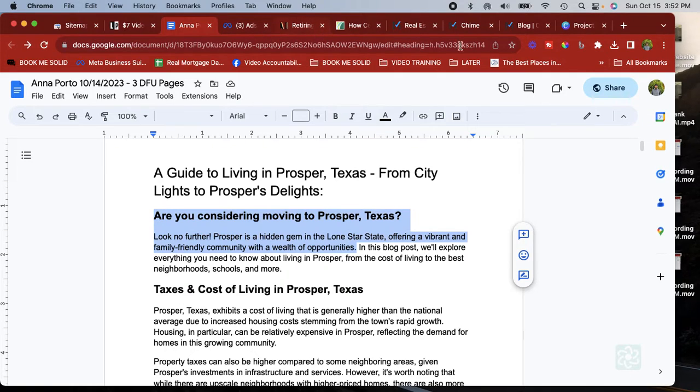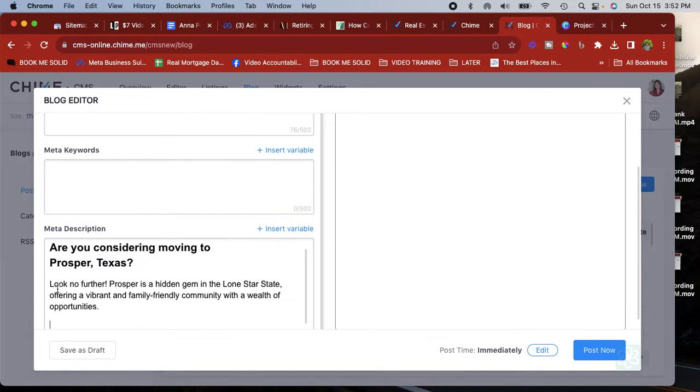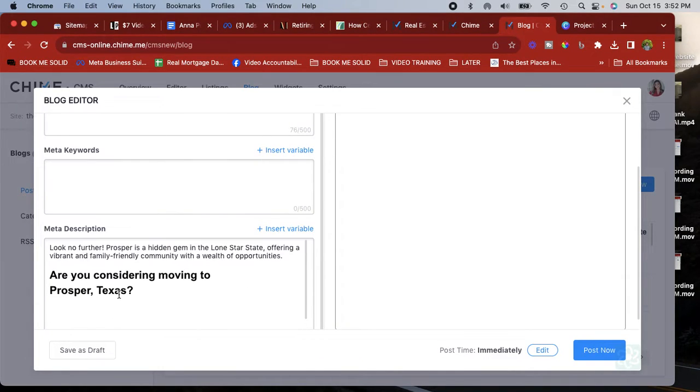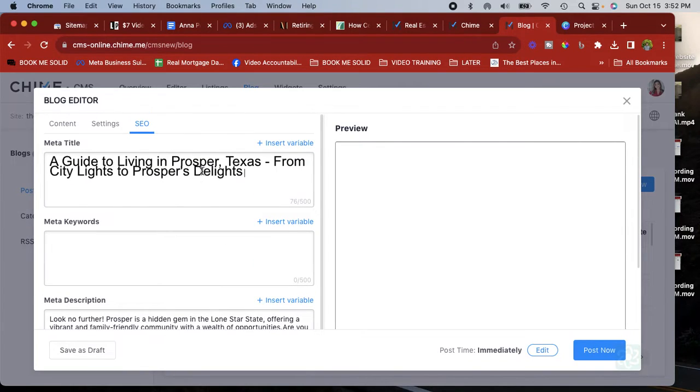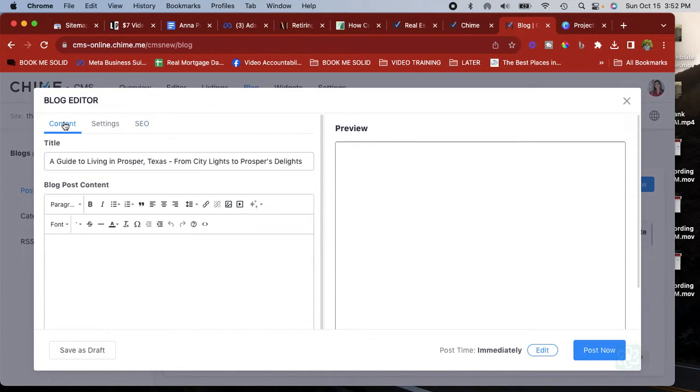So we'll copy the first sentence, paste that in there. And actually all this stuff should be, there we go, see it made it smaller. And this should be smaller too. It shouldn't show big, but it'll resize itself. So we'll go back to content,